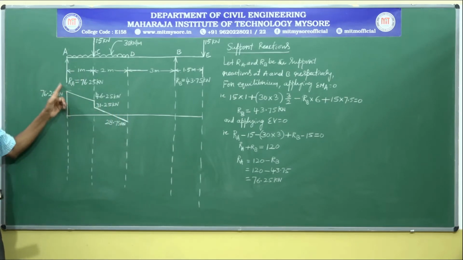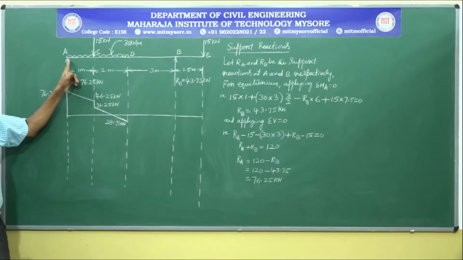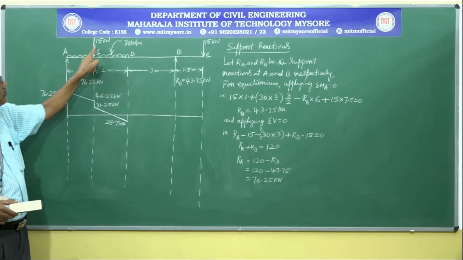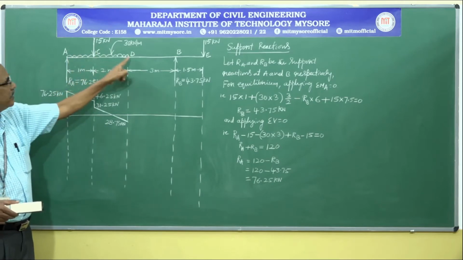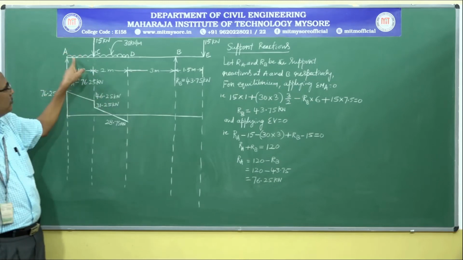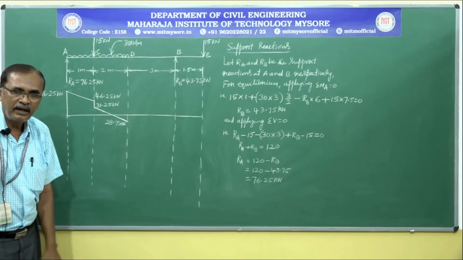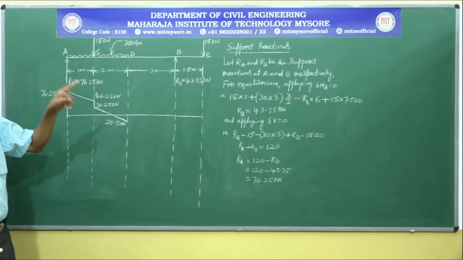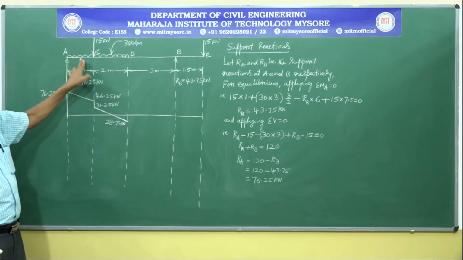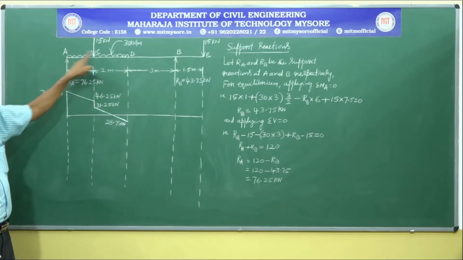So we got this point. This is a critical portion. We should not consider the UDL in a short. Since we have considered salient points, because a point load is acting, separately we have to consider. Of course, while calculating support reaction, we have considered this entire UDL for simplicity. Whereas, to draw the shear force diagram, we have to consider segments separately, by considering the uniformly distributed load first, then the point load, next the UDL. So for this, the variation will be like this.